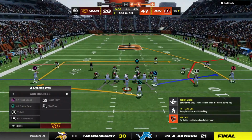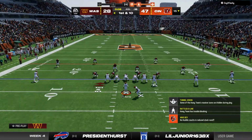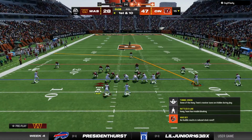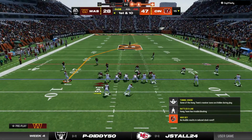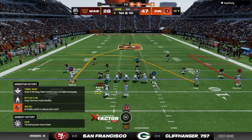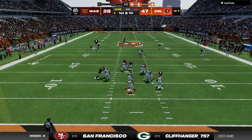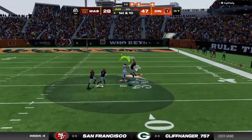The Washington offense at the line and ready to roll. Where we stand right now in the 4th quarter, this one pretty much out of reach. And, Charles, I know they're going to be disappointed about several things with this ball game, but the self-inflicted wounds, they've had several turnovers. You would have to think that's going to be something they're going to discuss heavily in the film session in the coming days. You're absolutely right about that, partner, because they're going to have to sit in that film room and watch every...